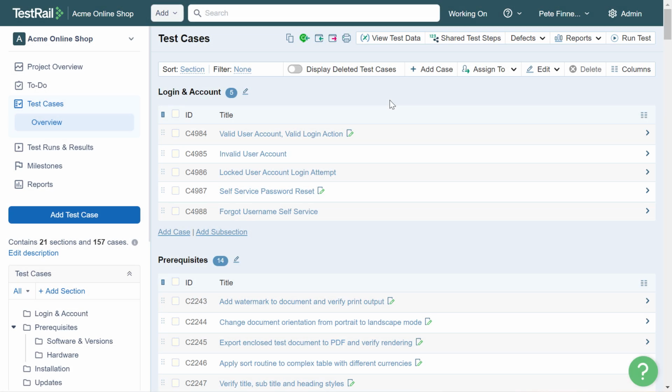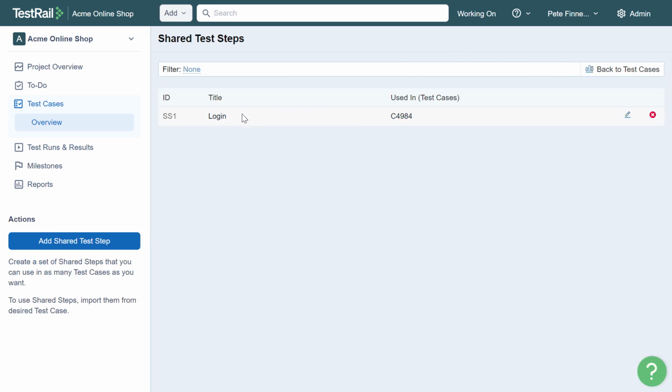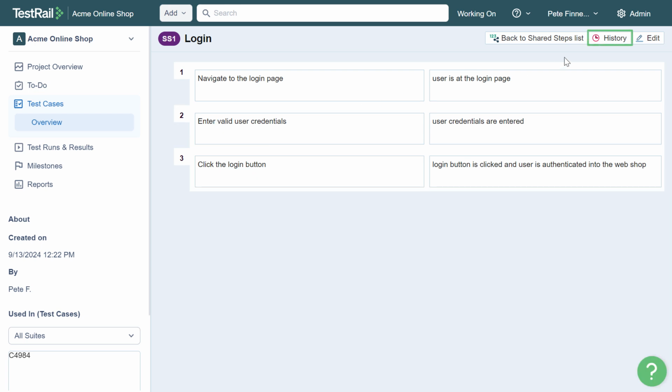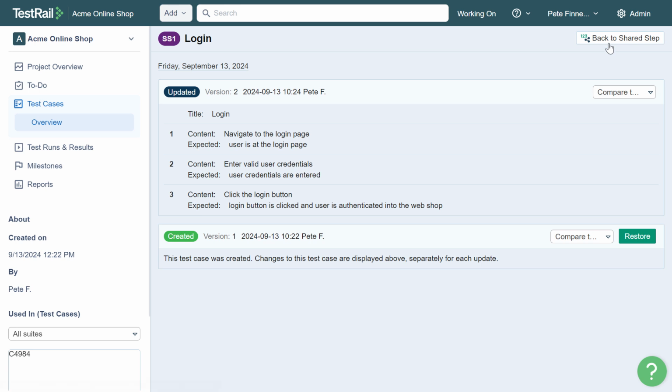In addition to comparing test cases, you can also compare versions of shared test steps. When you select the shared test step, you can click on the History button to view previous versions. Just like with test cases, you can compare two different versions of a shared step as well as restore it